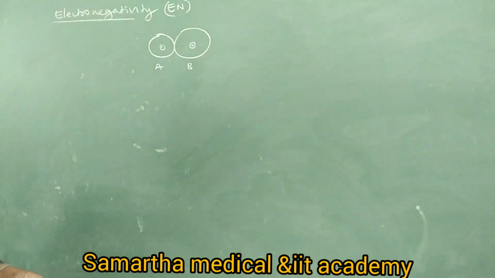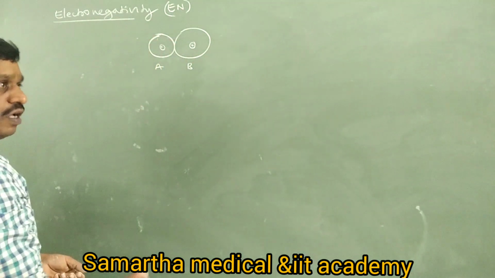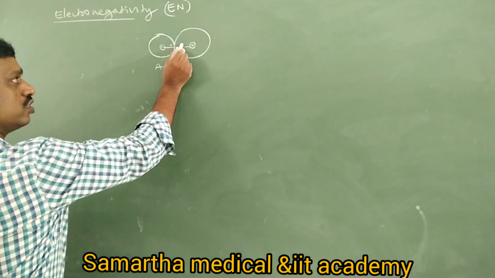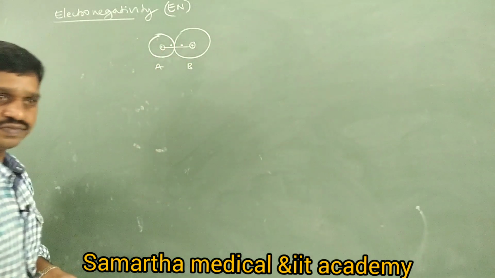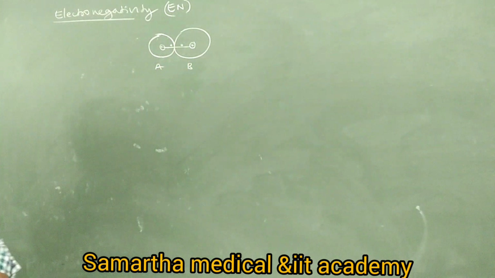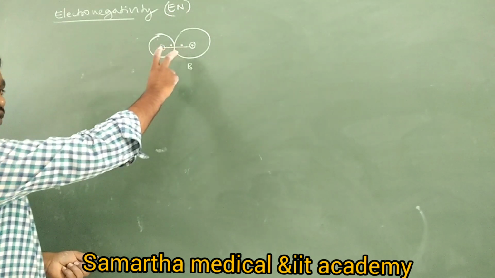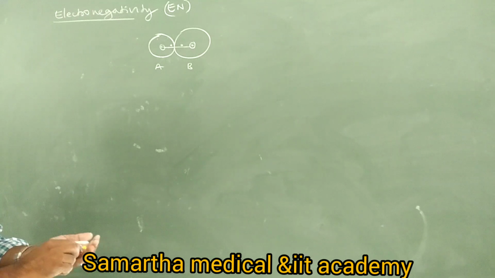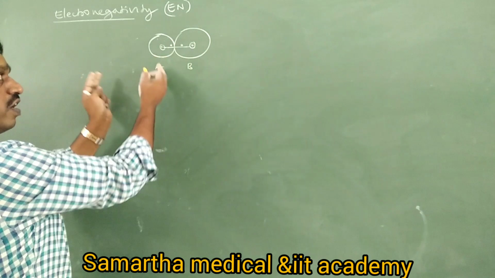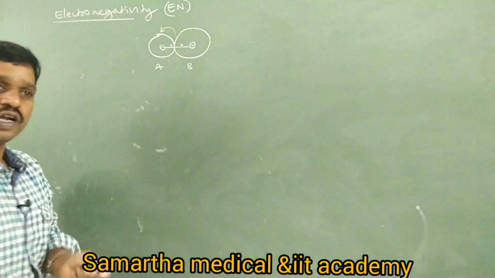Important. Next point. This molecule has two atoms. One is a smaller atom A, the other a larger atom B. Tell me, both are bonded by, let us consider, a bond formed by two electrons. Now tell me, among atom A and atom B, which atom has more tendency to attract these shared electrons or bonded electrons? Atom A. Why? Atom A has more tendency to attract the shared pair of electrons or bond pair of electrons towards its side. This property is called electronegativity.